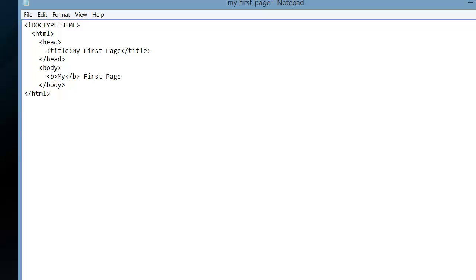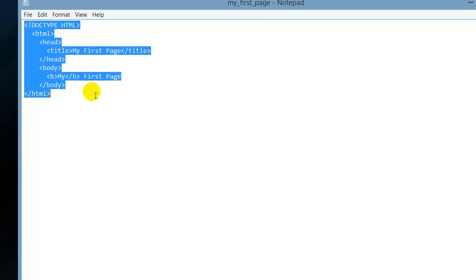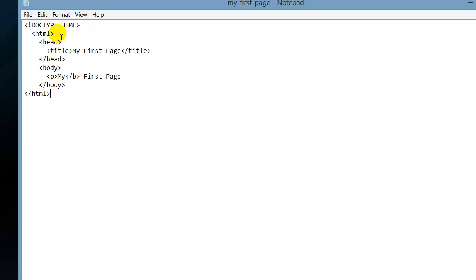Just to recap, this is the minimum information that you need to document to have an HTML document. You need to have the doctype. We need to have an opening and closing HTML tag. We need a head tag. We need a title tag. And we need a body tag. And put some body in there, most likely. Okay? That's not a requirement, but